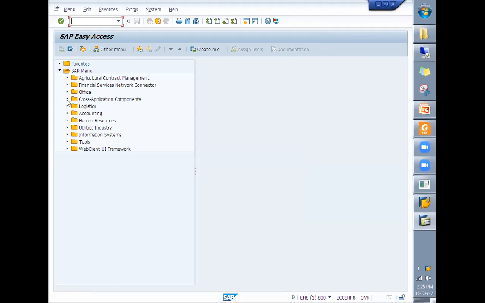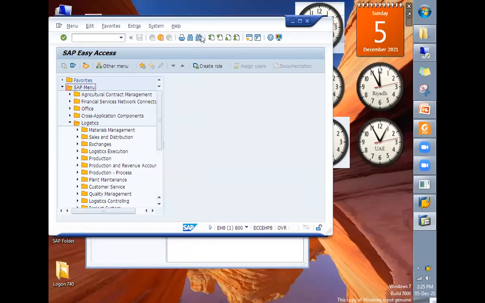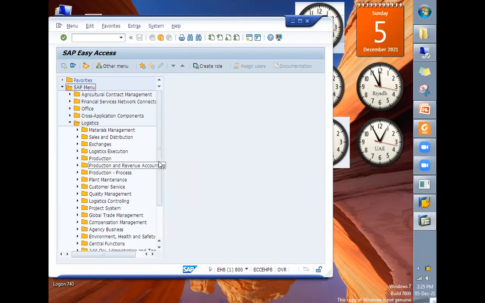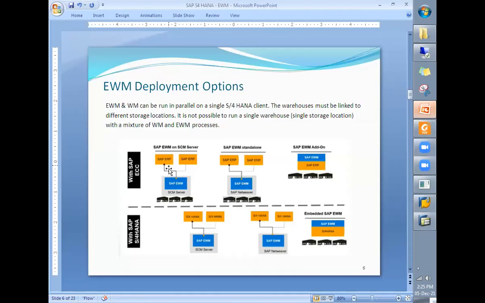You don't see EWM here under logistics, but you see the rest of the modules. If a company which is using ECC would like to use EWM, then this decentralized deployment option is available. Now here in SCM we have EWM.